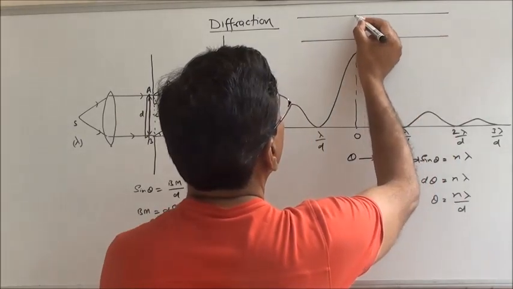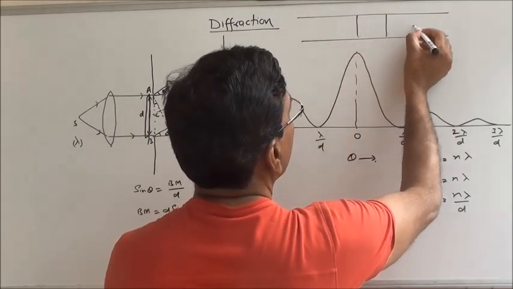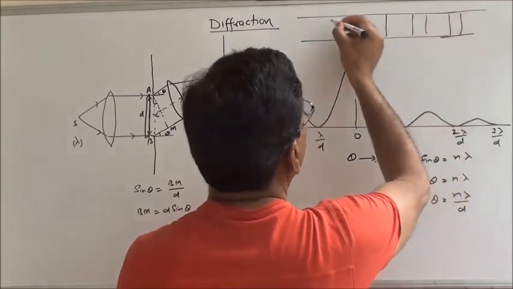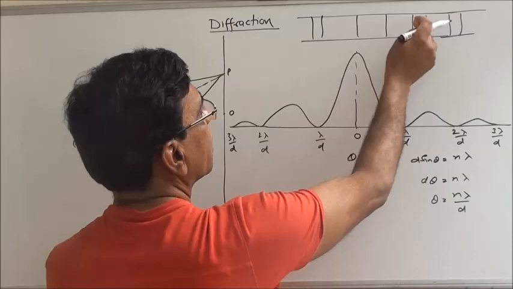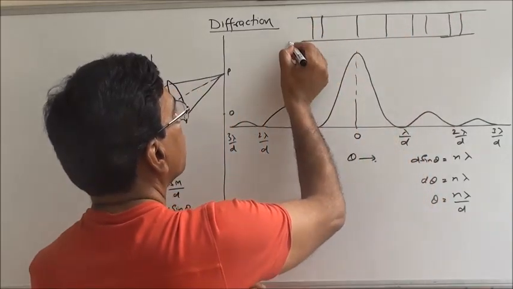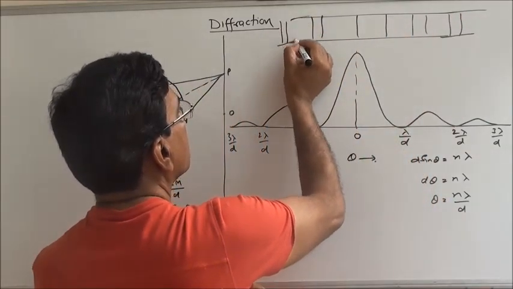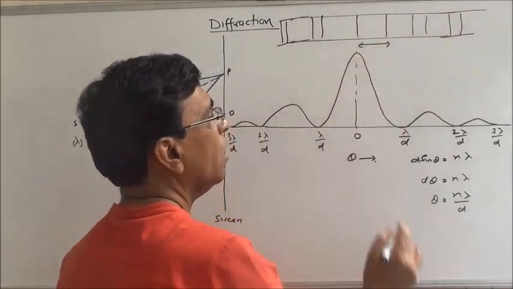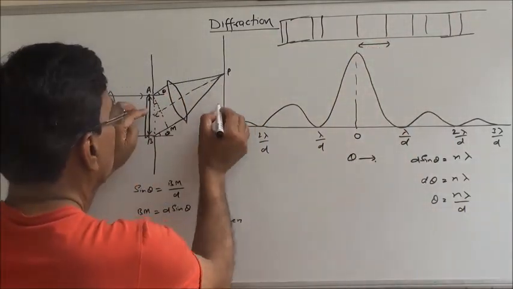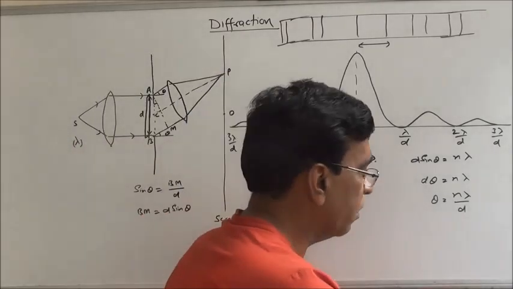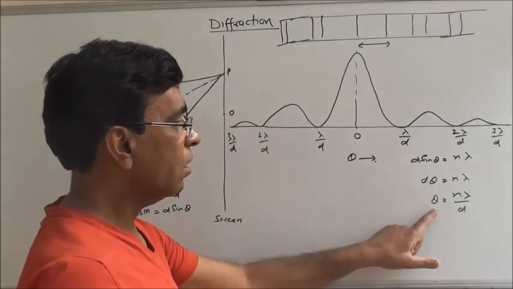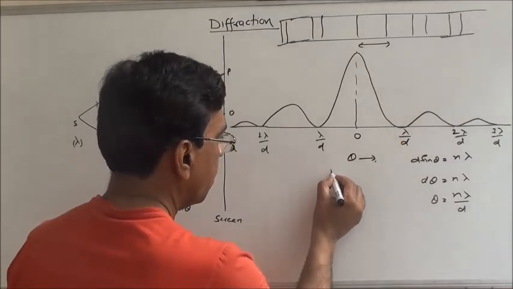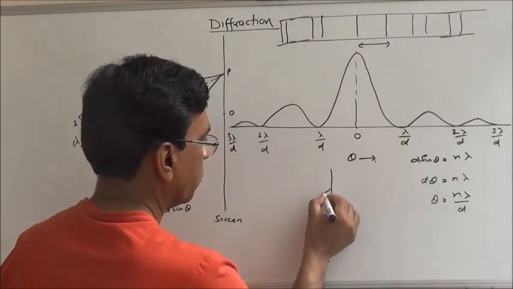There was maximum intensity here, and then minimum, and then we have another maximum, and then another maximum, and same way. These were secondary maximas, primary maxima, or central maxima followed by number. I want to find out this. This will be the linear width. And if I find out this angle, that will be the angular width. This gives me the position of central maxima.